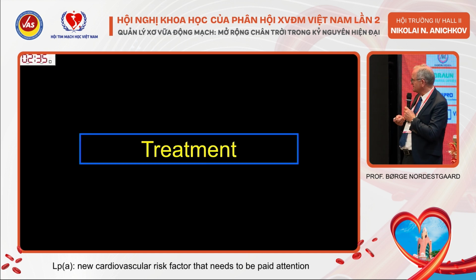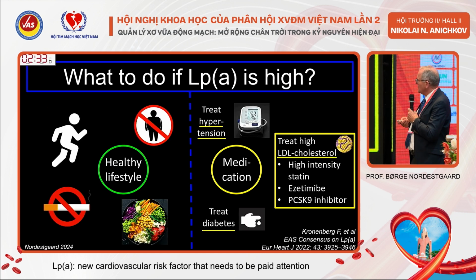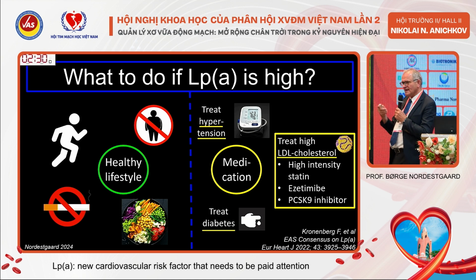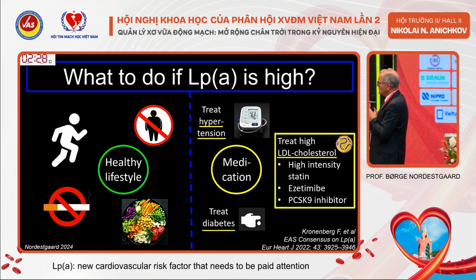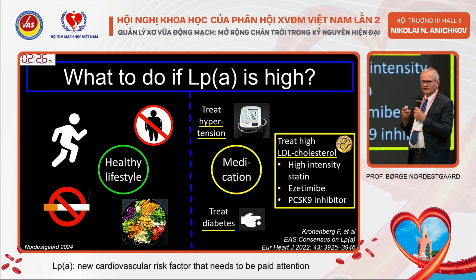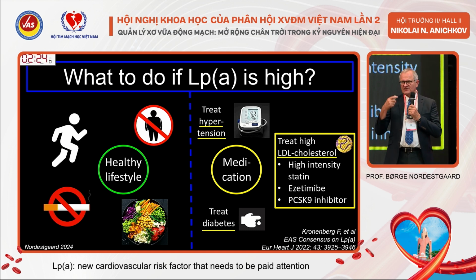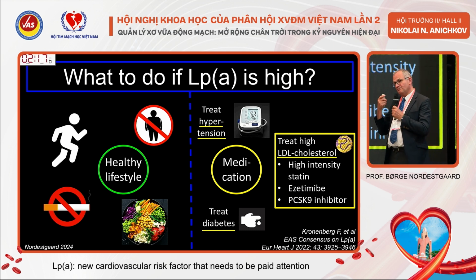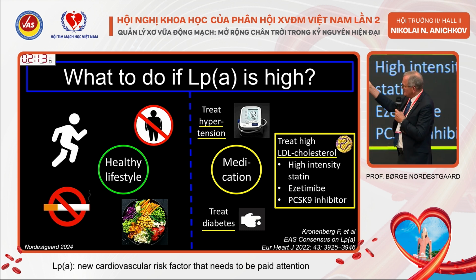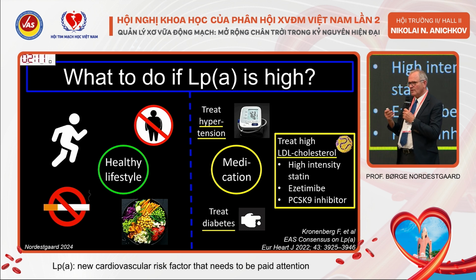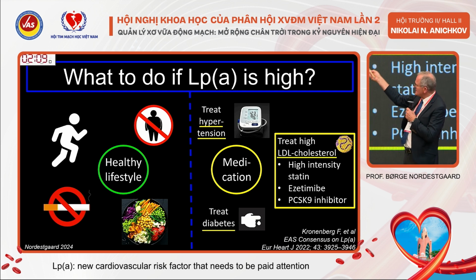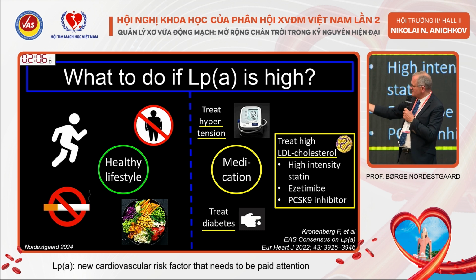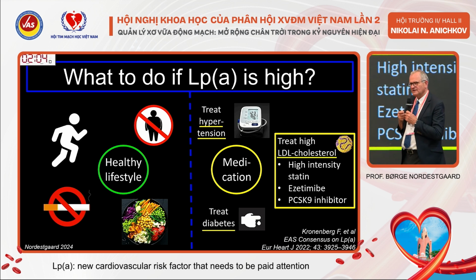The treatment, well, we don't have any drugs available right now that reduce Lp(a). So what you do want to do when you find a patient with a very high concentration is say, now you are a person, my patient, that has very high cardiovascular risk. So what can you do then? Patients tend to be persuaded when they have genetic risk, so healthy lifestyle. Discuss more with them about getting your exercise, not being obese, not smoking, and having a heart-healthy diet.